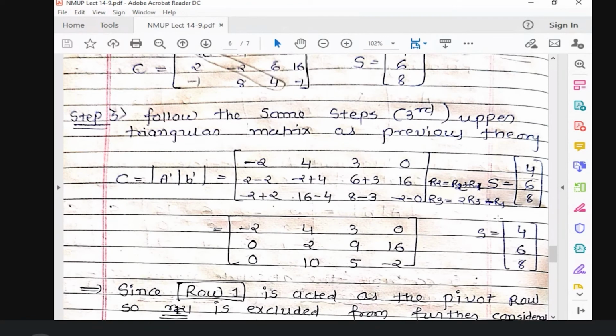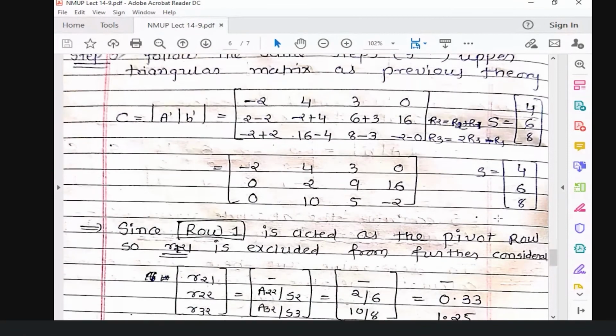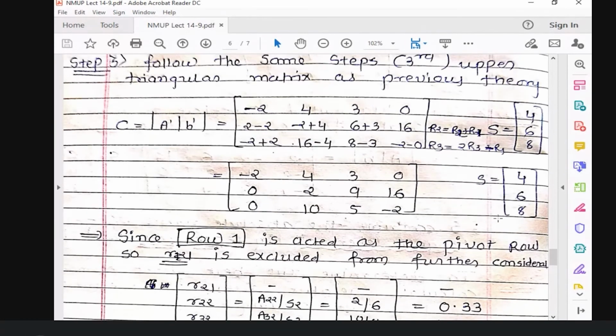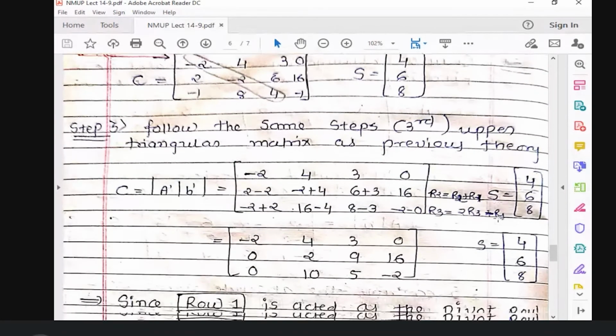Yeah, that's what I'm saying. So over here only two elements became 0. Still one element is not there, right? Then what do we have to do? We have to again do the same thing that we have done in the second step. So row 1 acted as the pivot row that we have identified over here. Okay.